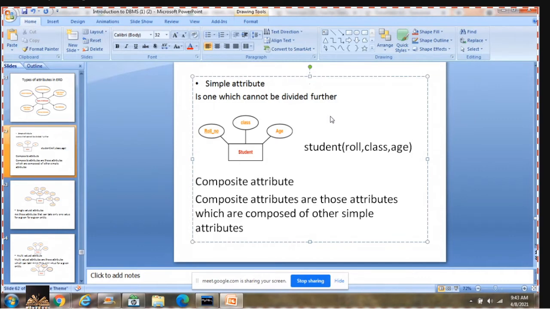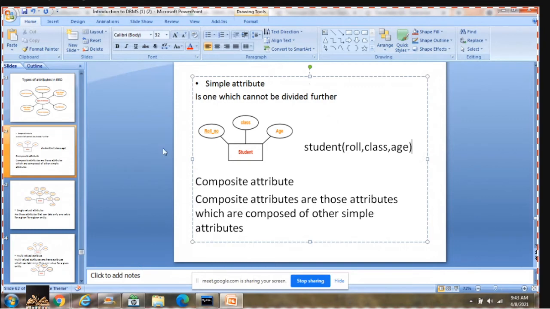Is it right or wrong? So I can convert this entity into a table using this schema. After this, I can write a create statement: create table student, roll number integer, class maybe variable character, and age again an integer.